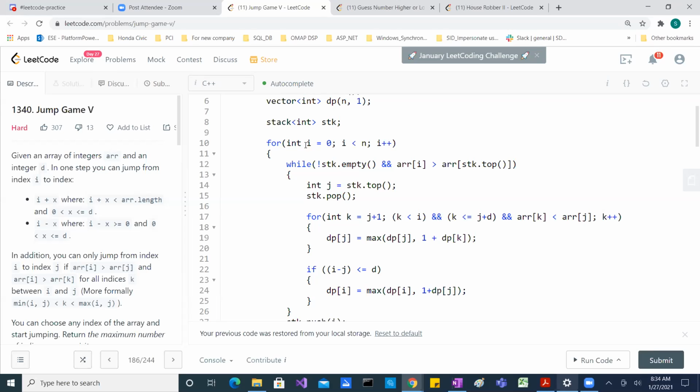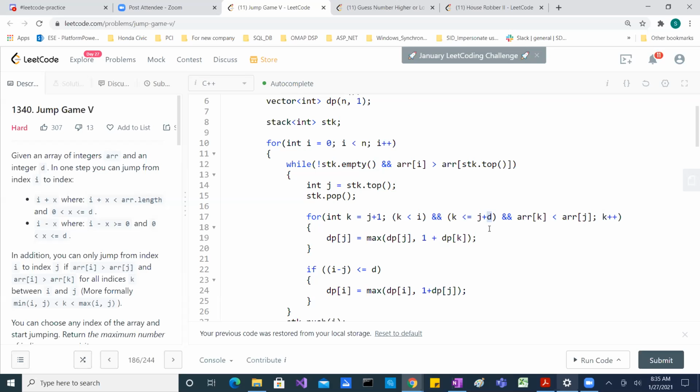Because see, when you come to i, and then when you pop any element in the j, whatever elements you are popping out, this is a normal monotonic stack. You are not going to do anything more. In that case, yeah. Okay, so you are saying if this loop, in the case where your D is almost equal to N, right? So in that case, yeah, it might be leaning towards N square, maybe. Yeah, that might be one case.